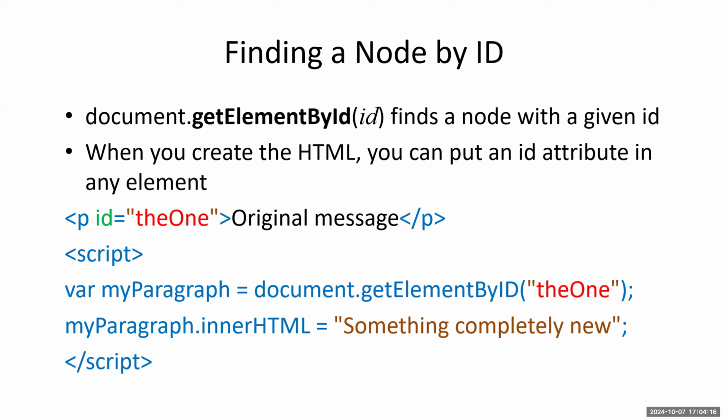And then you can do all sorts of things. That paragraph object, I called it my paragraph. Of course, it doesn't actually have to be a paragraph. It could be a picture or a button or whatever. Buttons, pictures, all those have IDs. You can put them. And then in this case, we're just putting some new text. So while the web page originally said original message someplace on it, you can change that to something completely new. You can change the text of the web page in the JavaScript.